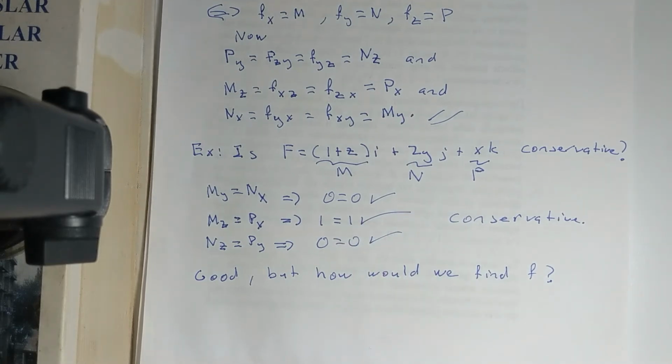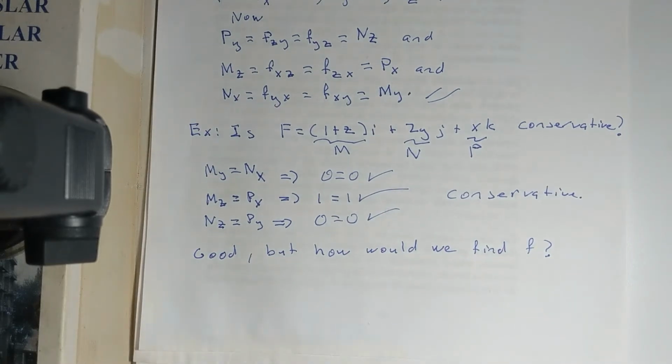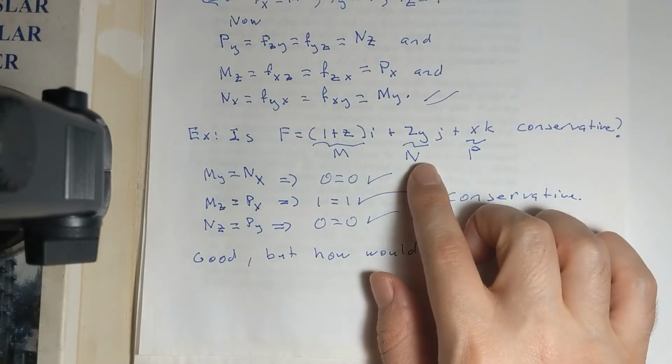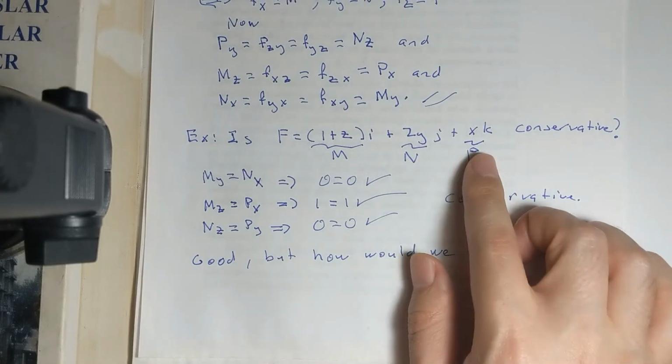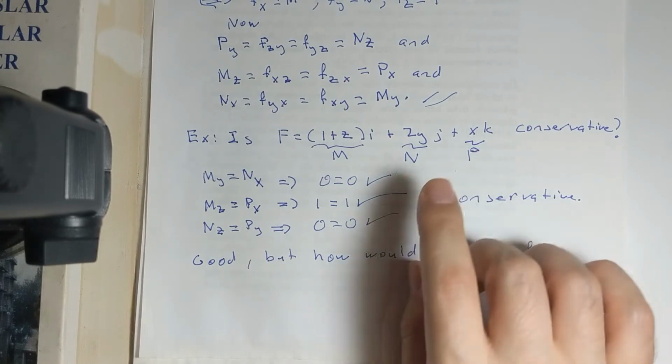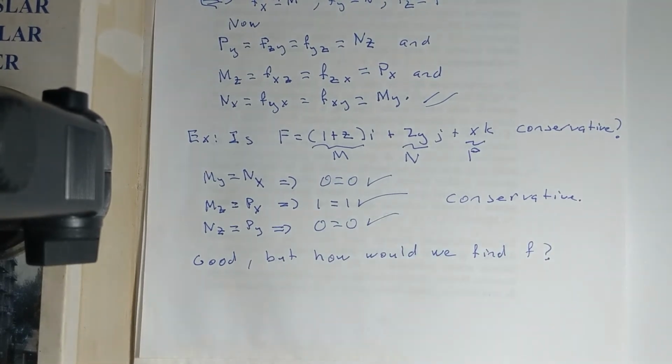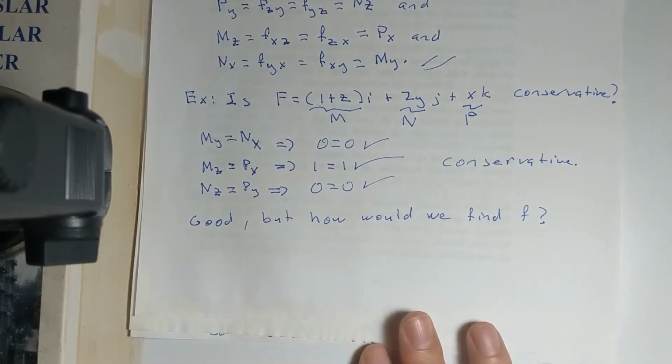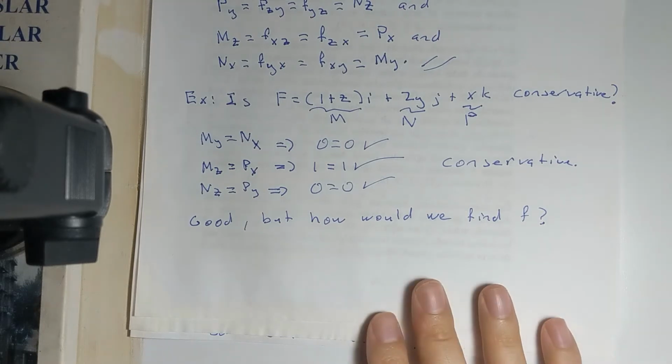Great. And finally, we do n sub z. Now, n was f sub y. So n sub z would be f sub yz. I want that to be the same thing as f sub zy. So I want to take the derivative of this with respect to y, and both are 0, right? So good. All of the conditions are satisfied, and we have verified the fact that this vector field is indeed